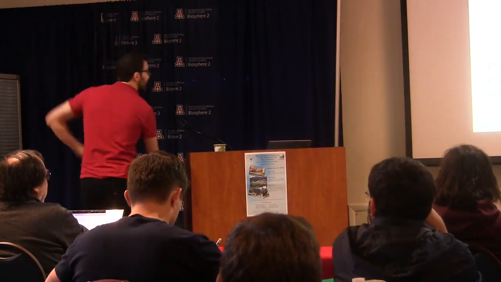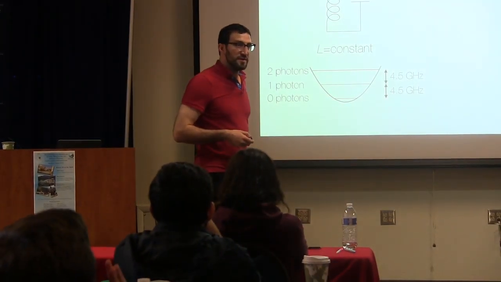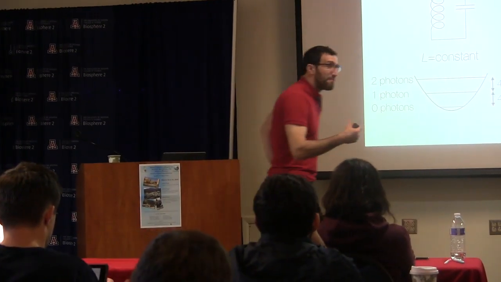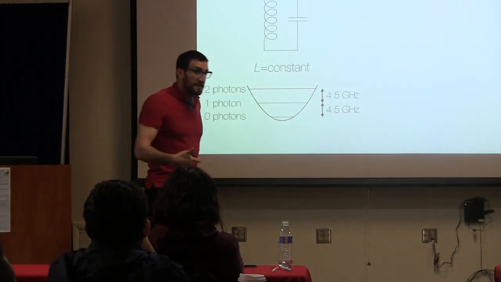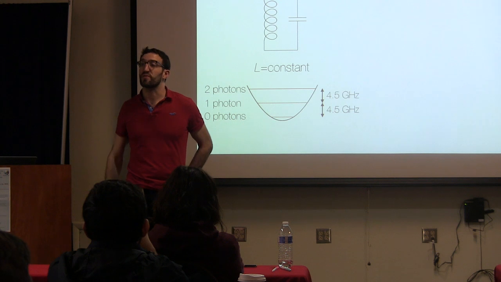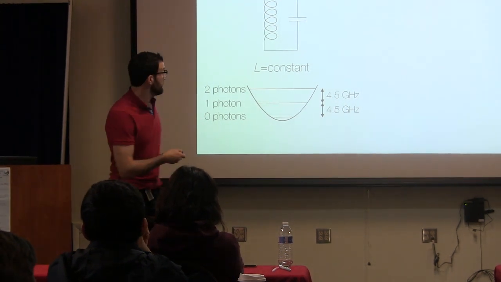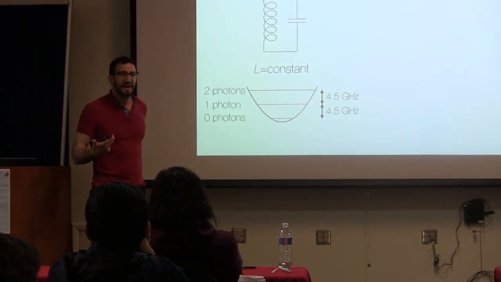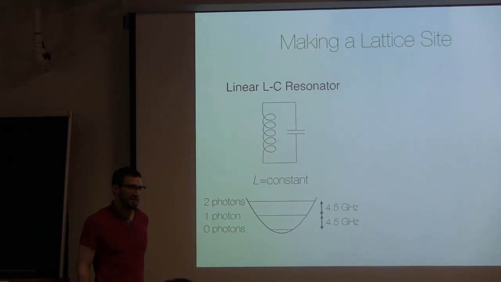So now we know: what is the interaction energy between photons in this LC resonator? The way you can see this is that the interaction energy is the amount of extra energy that I have to pay to put the second photon in, compared to the amount that I had to pay to put the first photon in. This is the Hubbard view that Emmanuel talked about. If I have an LC circuit, no matter how many photons I have in the circuit, the frequency of the circuit basically stays constant.